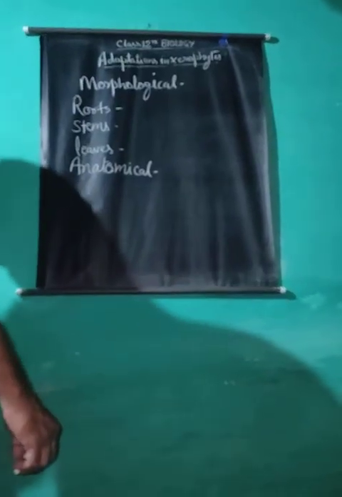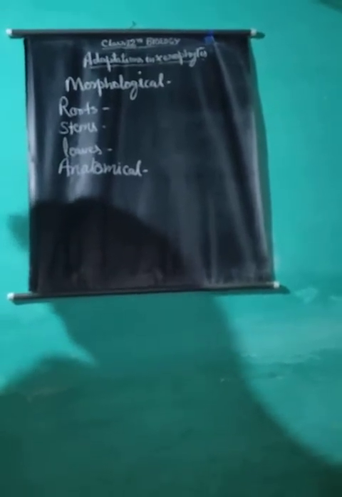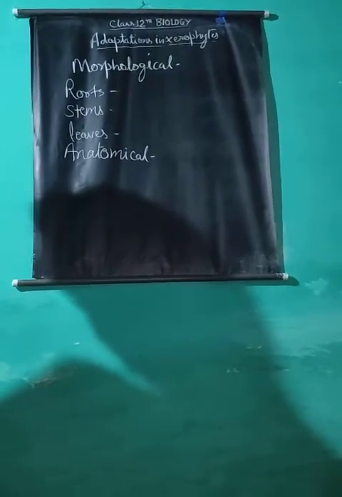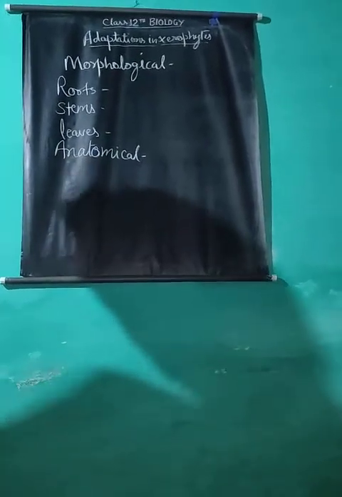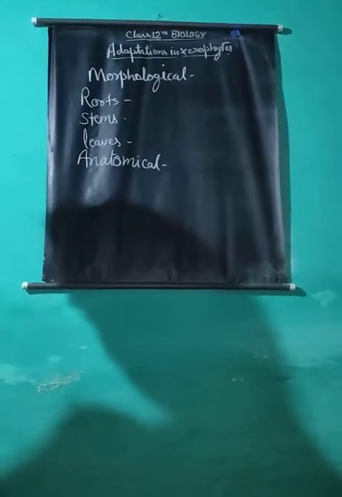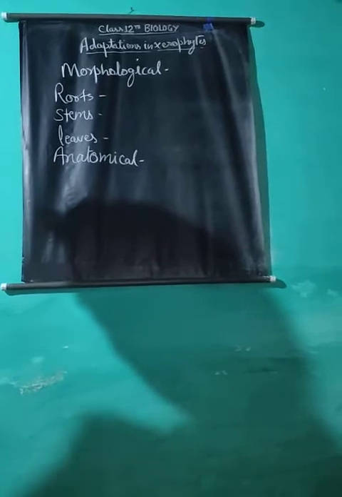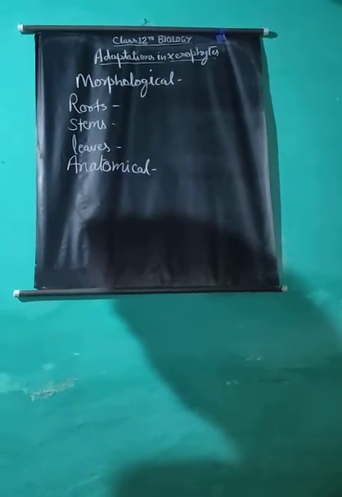Except in some monocotyledonous plants, the stomata are restricted to the lower surface of leaves. The stomata are generally sunken and surrounded by many hairs. Hypodermis in xerophytes is multi-layered and sclerenchymatous, which checks evaporation of water. Mesophyll tissue is well differentiated into palisade and spongy parenchyma, but palisade parenchyma is more in number than spongy parenchyma.